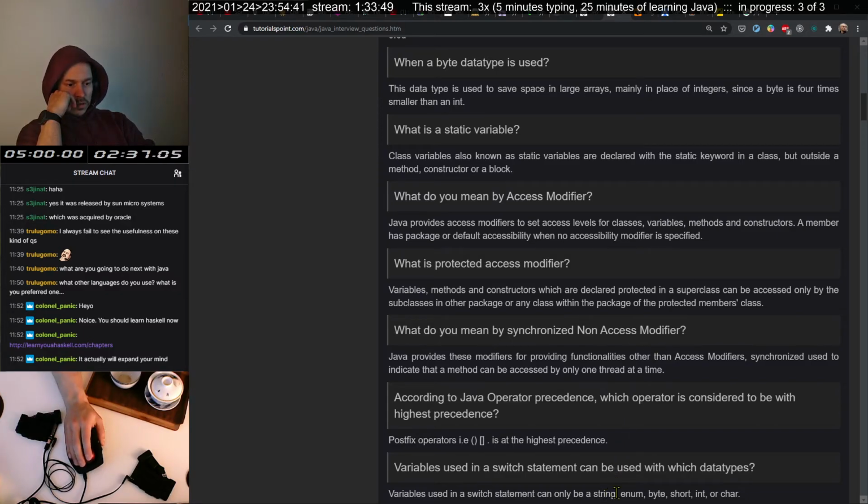And they say string, enum, byte, short, integer, or character. Okay, I'll trust you. So those are like all primitives except for string and enum.